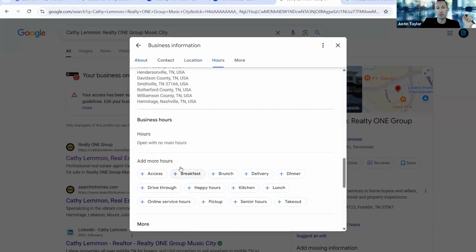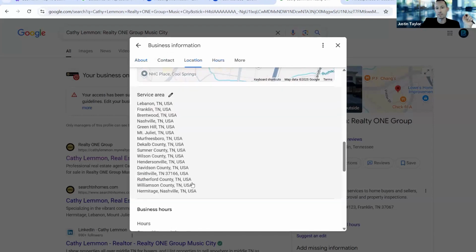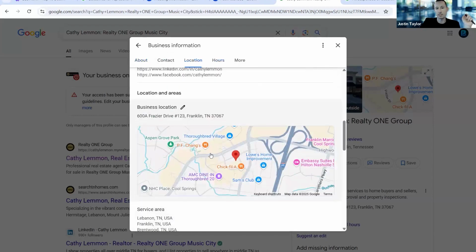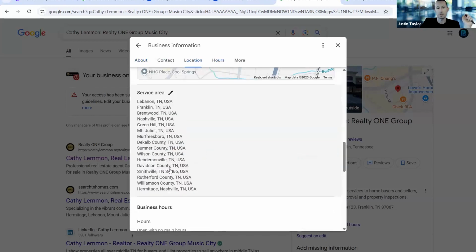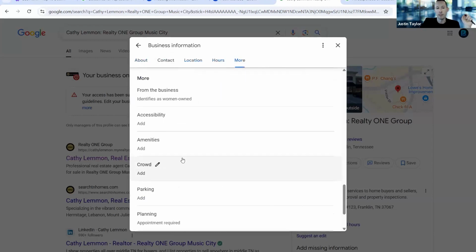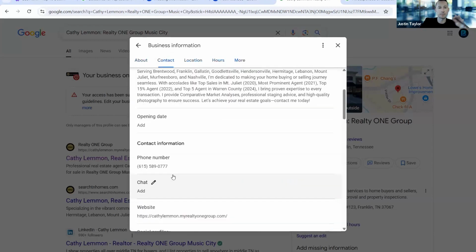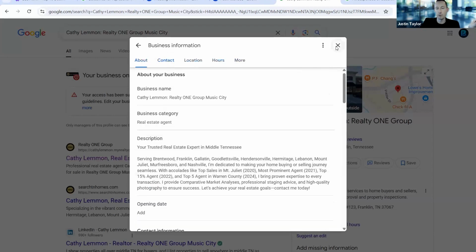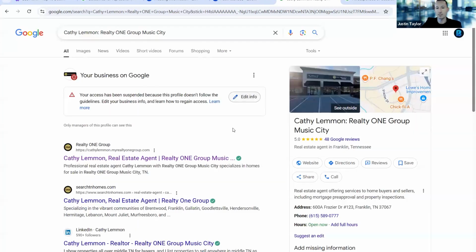So again, you just want to review. Look how many service areas she has. Obviously, Nashville area is massive, so there's a lot of different areas that she would service. So she's going to rank in all of those areas. But again, you just want to go through and audit everything first. If you're confused, like, I don't see why I still got suspended, you can always reach out. Happy to go in and take a look at it for you and offer some suggestions.